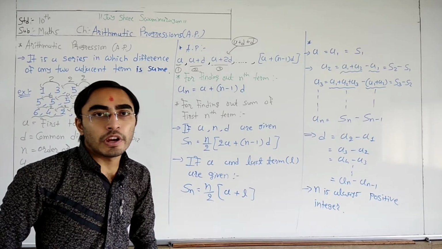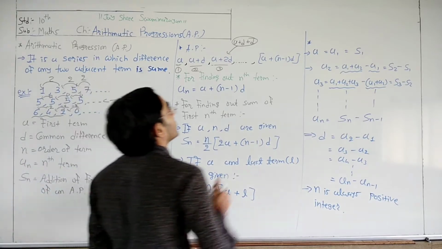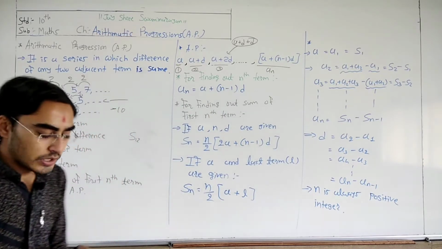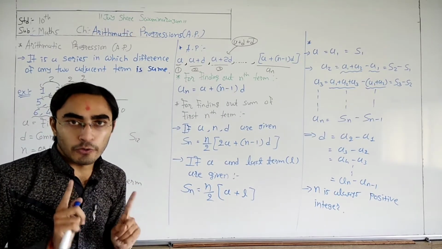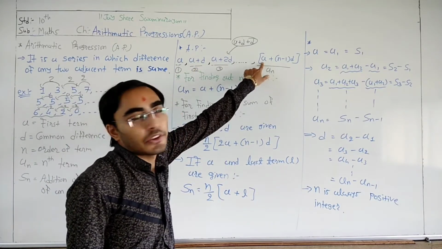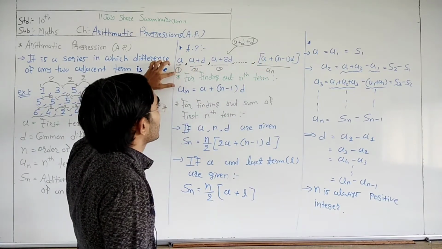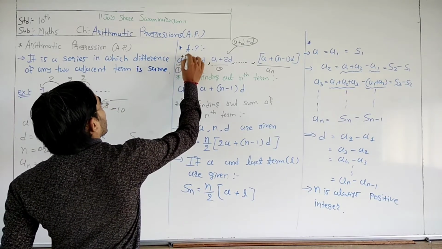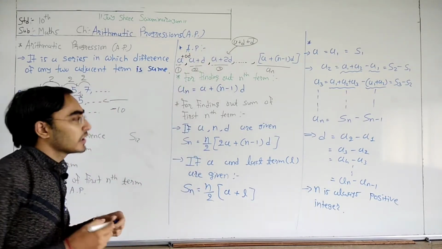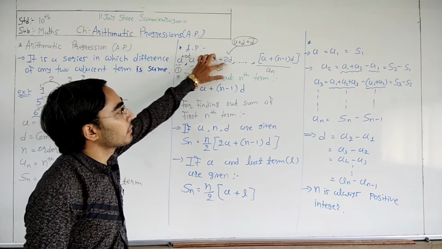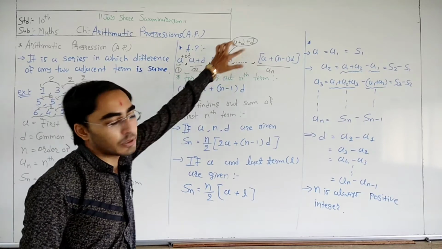Now if we want to find the nth term, here we are generating the formula of An. Every time A is there. Now in the first term there is no D, so we can write it like this, plus 0D. In the first term 0D, second term 1D, third term 2D, fourth term 3D.